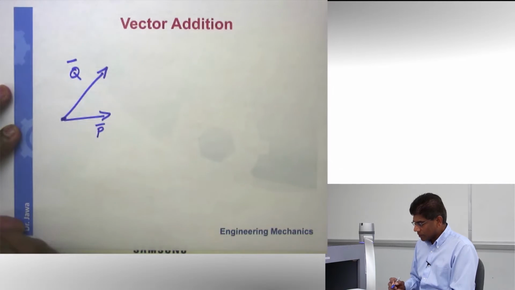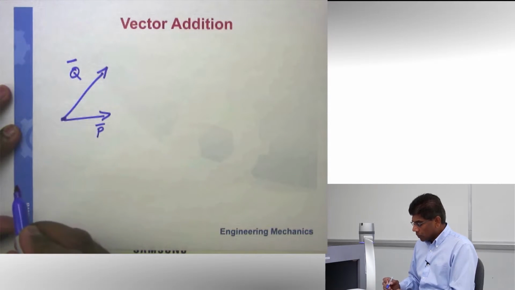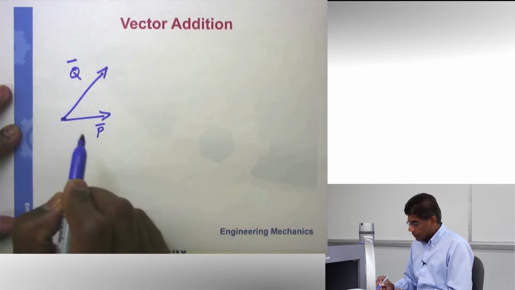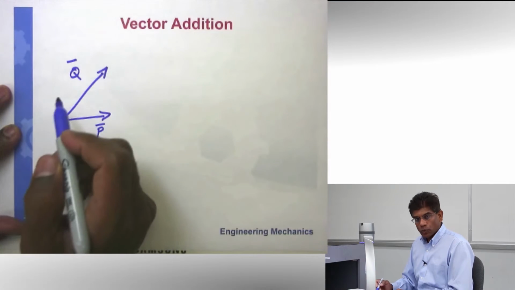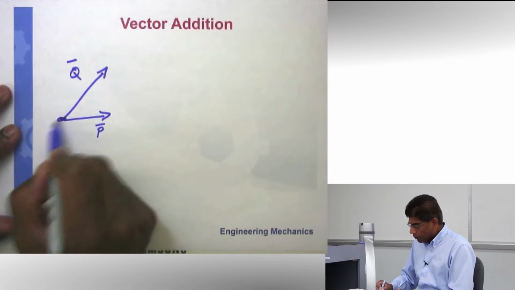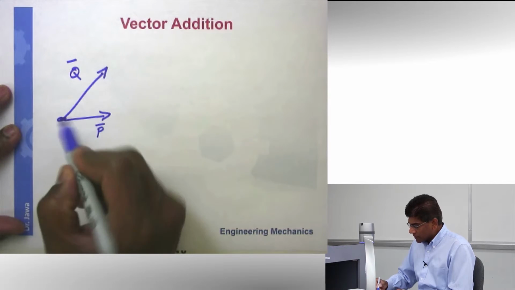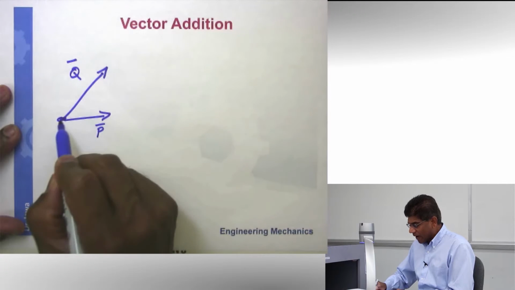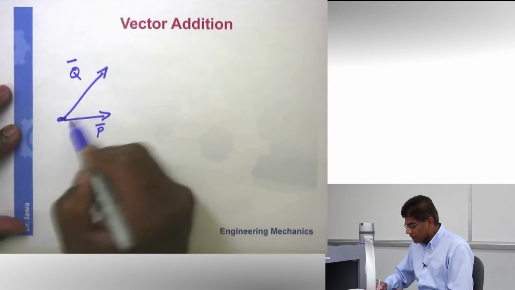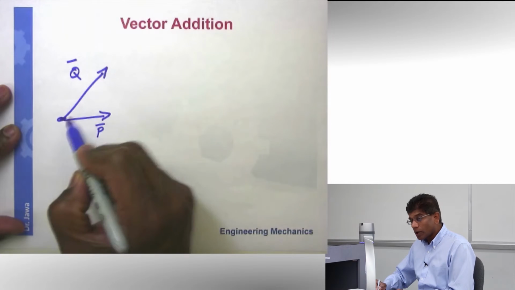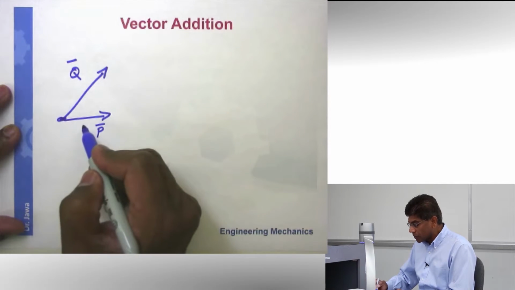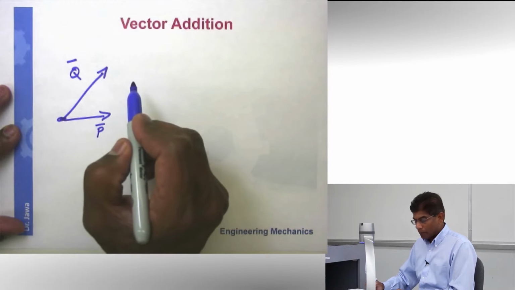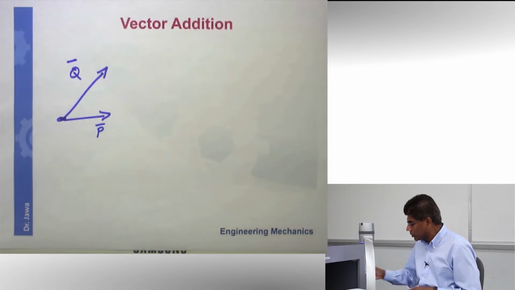So given two vectors, what we want to do is to figure out a way to draw graphically the resultant of these two vectors. Remember, two people are pulling something. I am pulling it this way, someone else is pulling this way. These are all two force vectors. And this is going to have a net effect or a resultant vector somewhere in this direction along this way. But I do not know exactly what that is. And in order to do that, I am going to draw a simple graphical approach called parallelogram approach. In other words, I'm going to draw two parallel lines to these vectors.